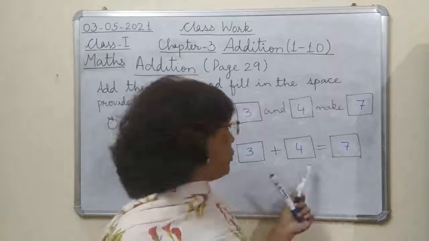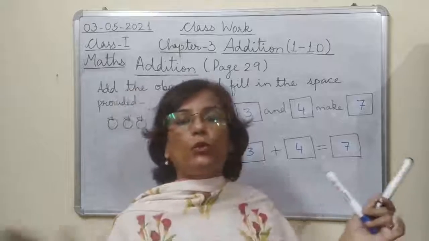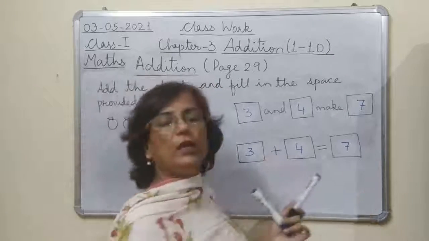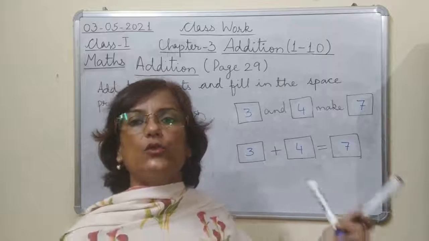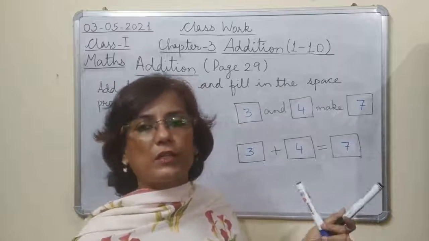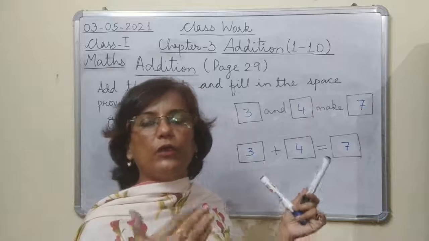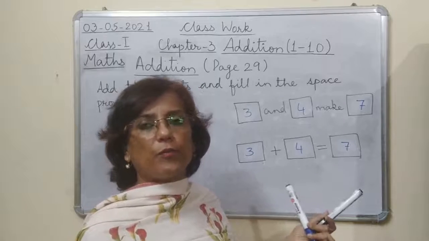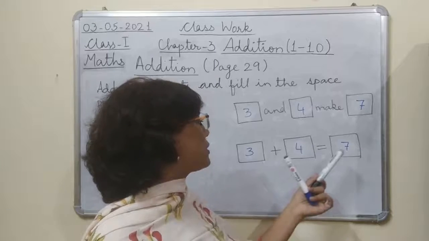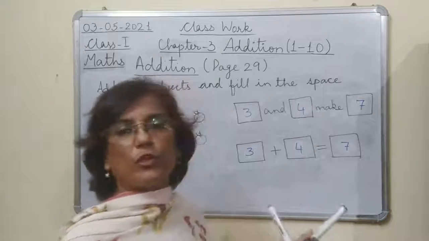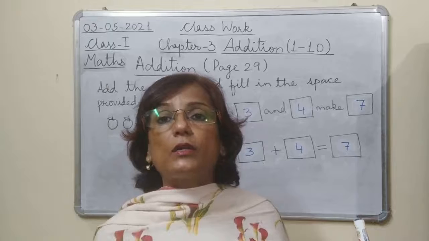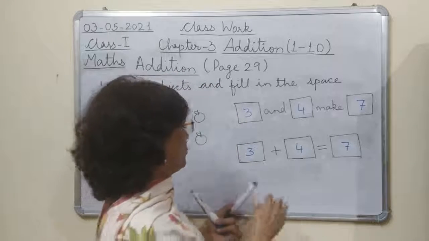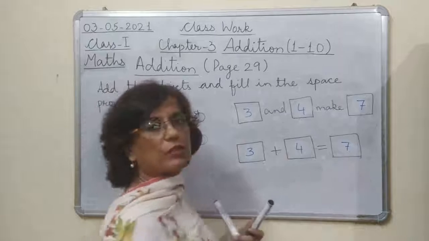ठीक है. तो on this side is equal to के दोनों साइड, एक साइड को हम बोलते हैं जो is equal to के right side में है, that is right hand side, and जो left hand side में है that is left hand side. So values on left hand side and right hand side both should be the same. So 3 plus 4 is equal to 7. मतलब 3 and 4 को जब हम ऐड करते हैं तो आंसर क्या आता है? आंसर आता है 7. Okay? So 7 is equal to 7.